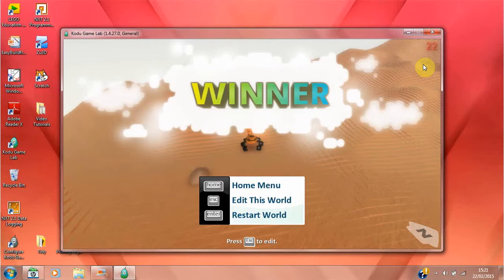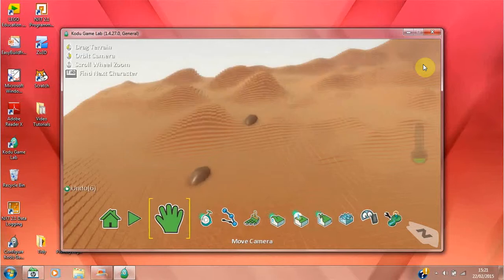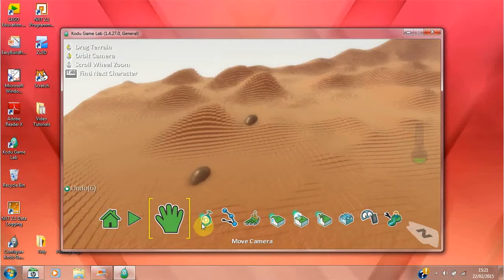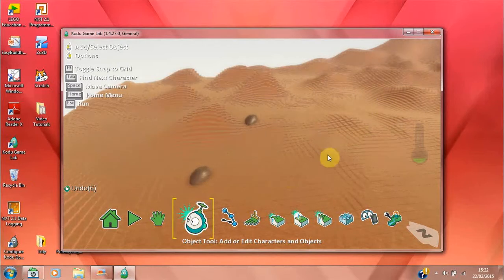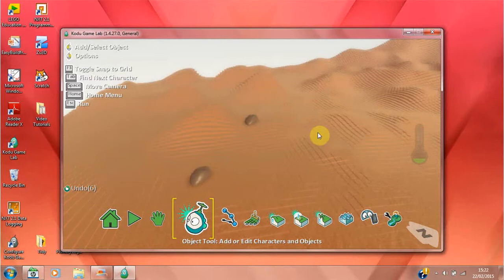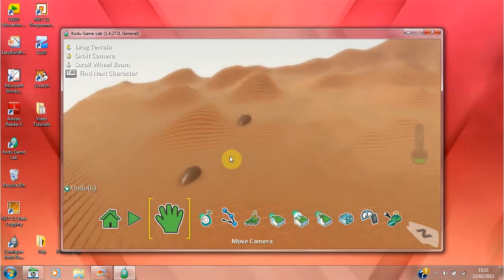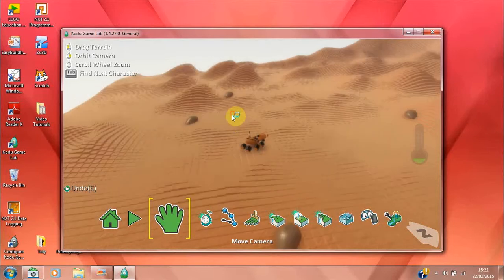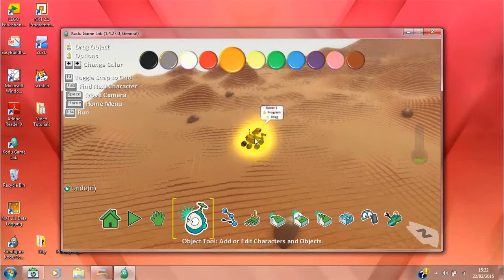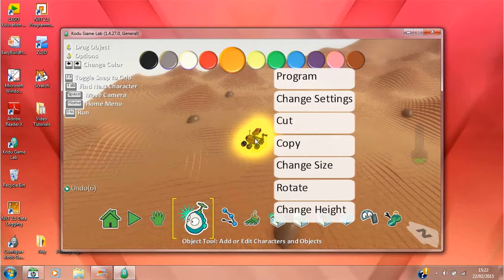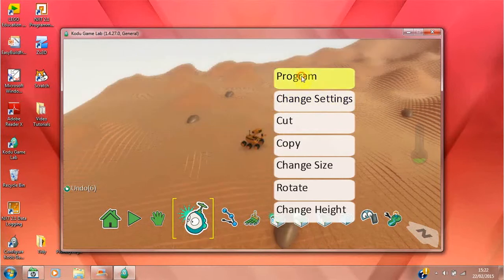limit. So I'm going to press escape, and I'm going to go back to object, and I'm going to find Rover. Rover seems to have disappeared from where I can see, but I'm just going to get this hand tool here and move the world around until I find Rover, and there's Rover. So now I'm going to right click on Rover, and I'm going to click on program,